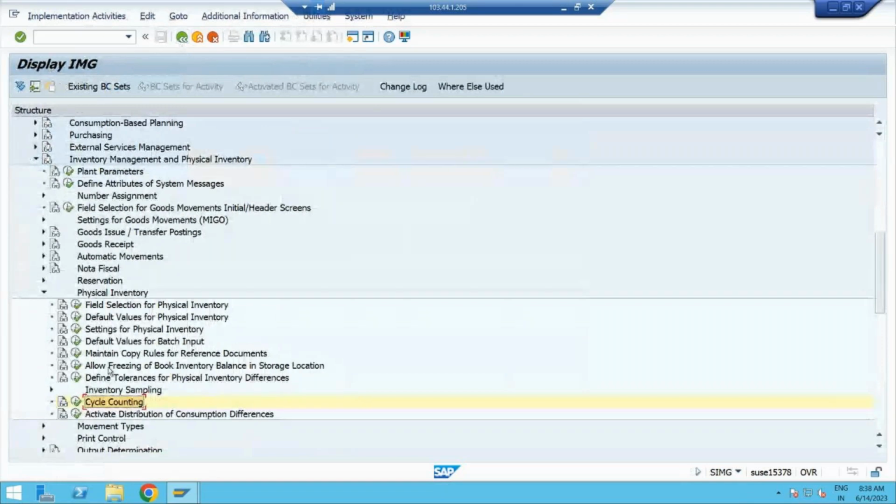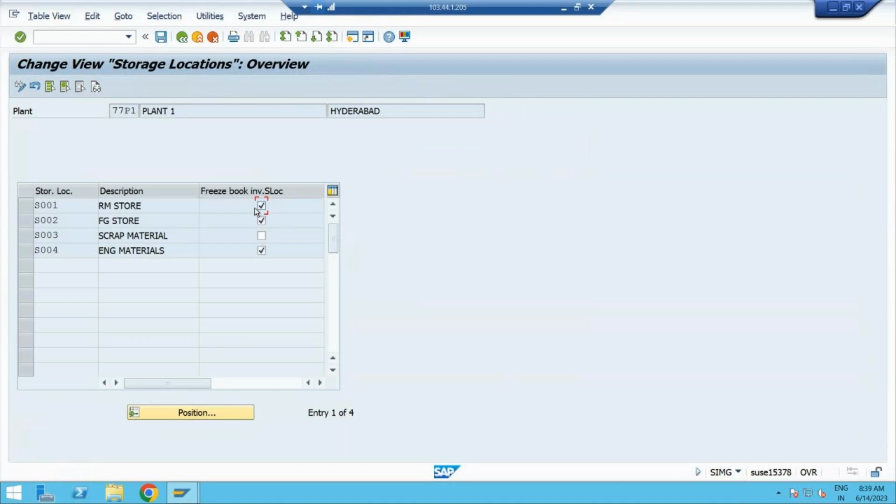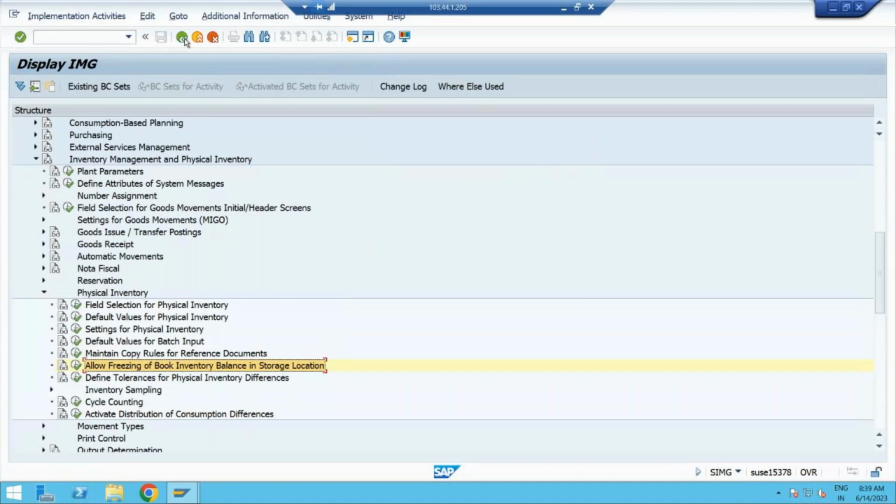Only thing is you need to allow freeze of book inventory balance and storage location. This is mandatory. This is where you decide for which plant you are going for physical inventory, and which storage location you have frozen and which you have not frozen. This is important. Okay, fine. Once it is done, now till here,